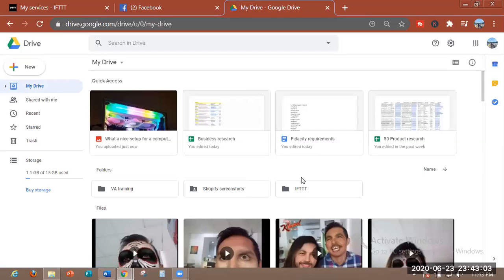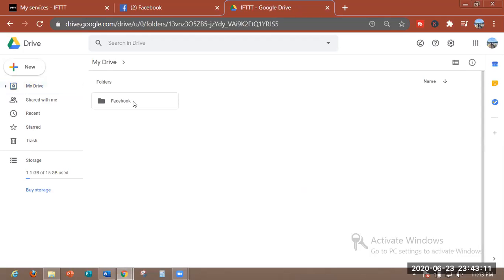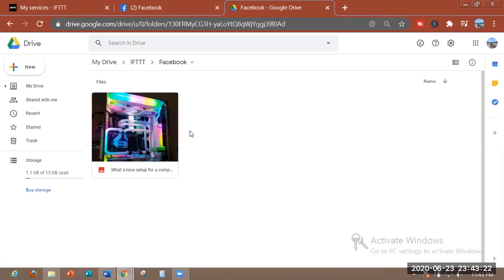So there, it works. You can see that it created a folder, IFTTT and Facebook to my Google Drive, and also downloaded the photo that I posted on Facebook